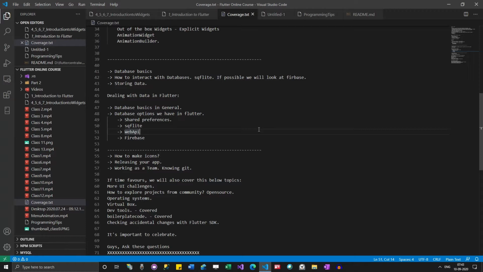Web API means some company decided to expose their data, and they are exposing their data through web APIs. If you want to learn much further about web APIs, there are so many things you have to learn.